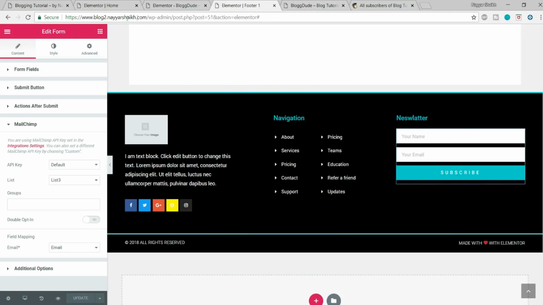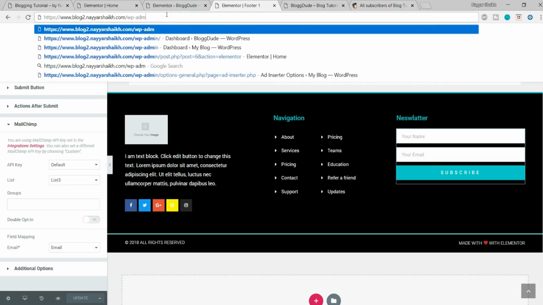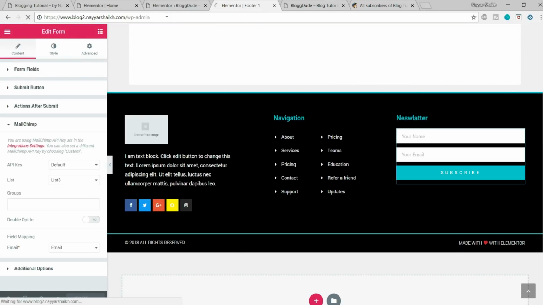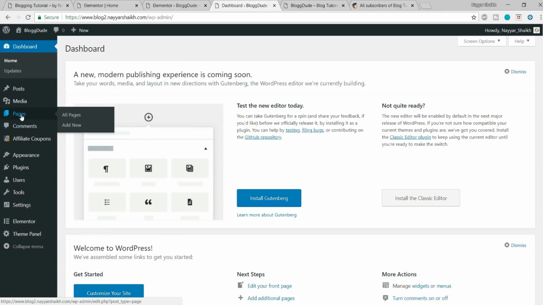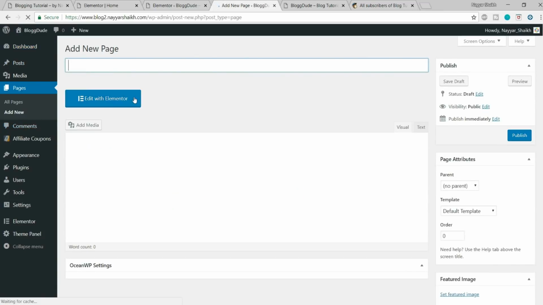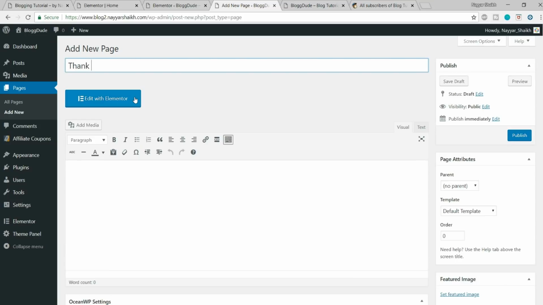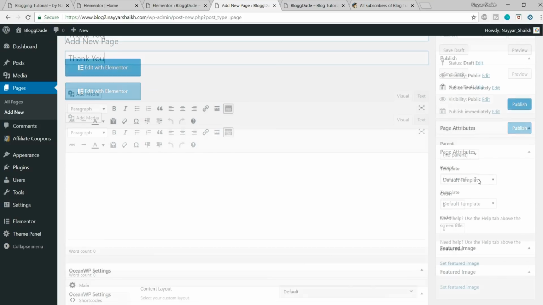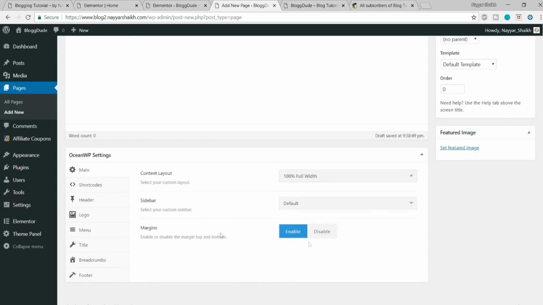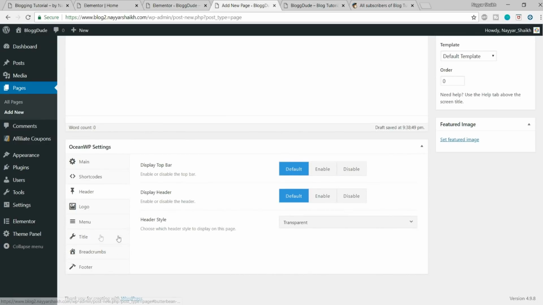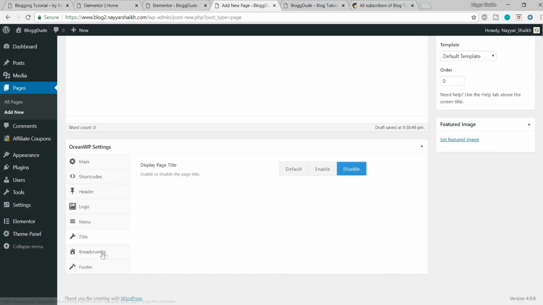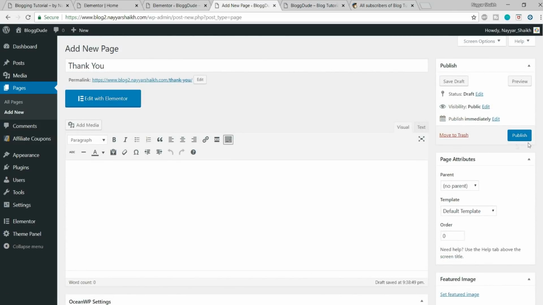Let's come to your dashboard. We are done with this thing, so I can delete this, and let's go to our dashboard. Now let's create a new page. Click on add new, and let me give it the name thank you, and let's make it 100% full width. Let's make the header transparent, and disable the title. Rest everything should be fine. Click on publish,